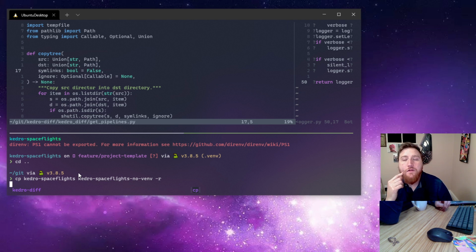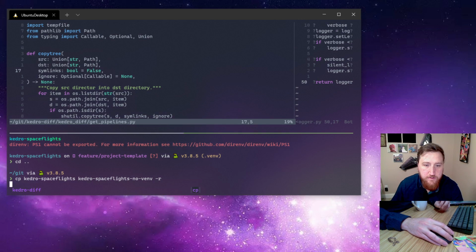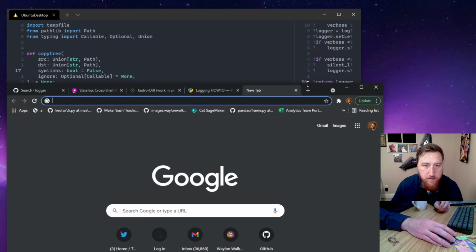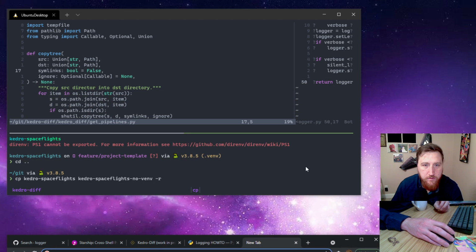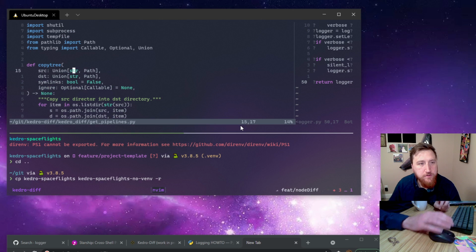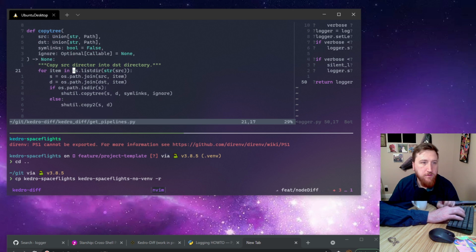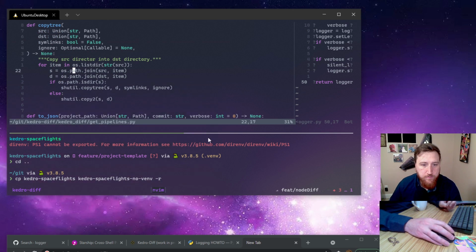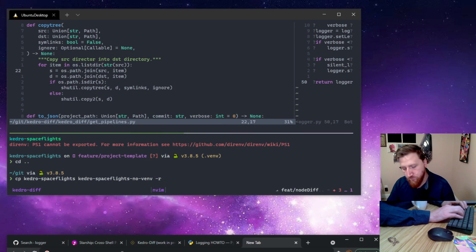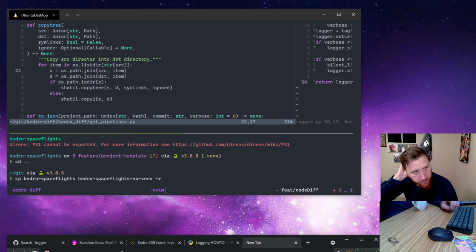Why can't I copy this? Is there a tool that copies things while respecting a gitignore? Is there a way we could do that? No, we don't want to do that because